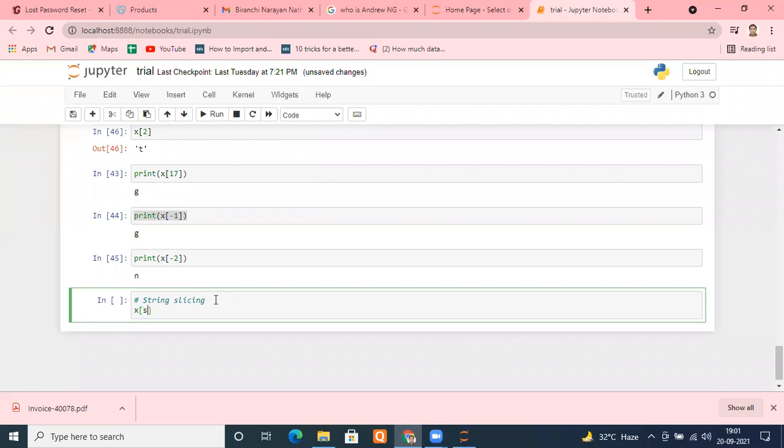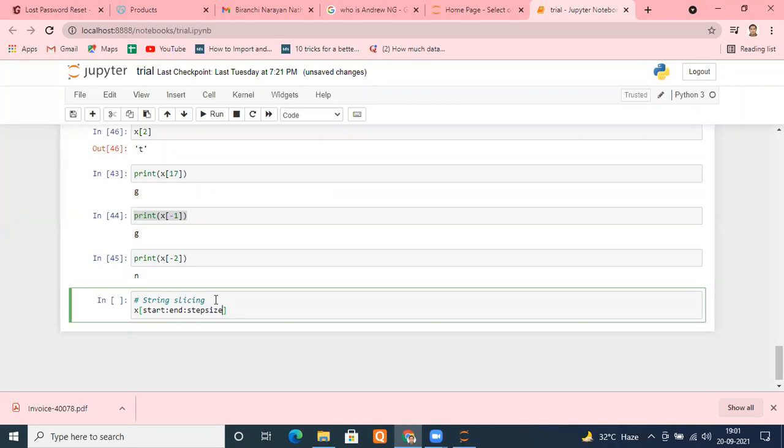Remember, there is a syntax: start index, colon, end index, colon, step size. And trust me, nothing is mandatory here. You will laugh it out. Nothing is mandatory here, because a few things it assumes automatically.